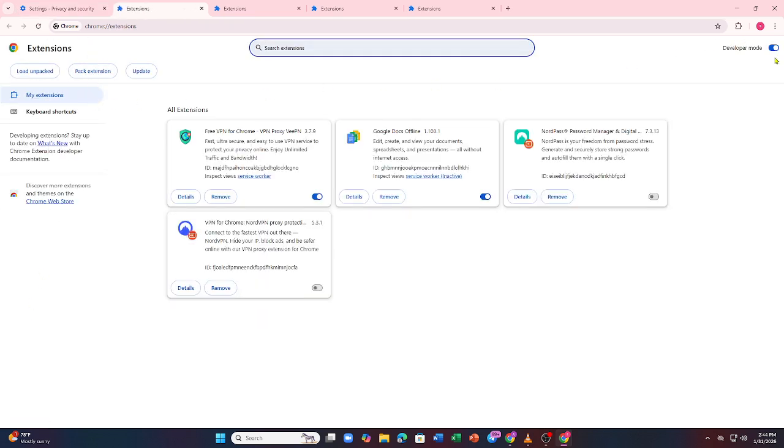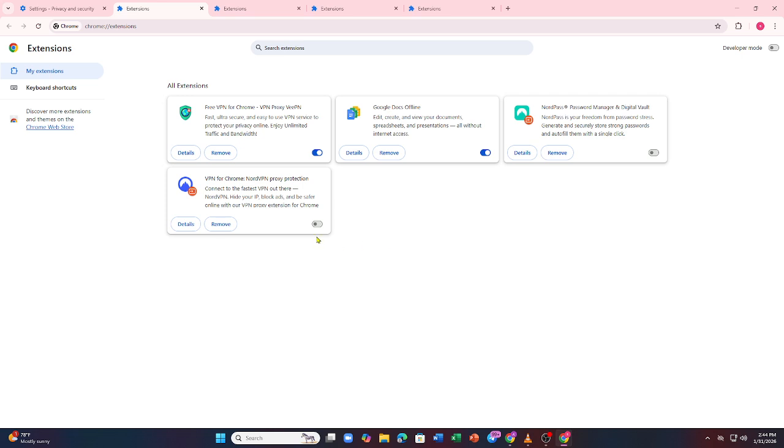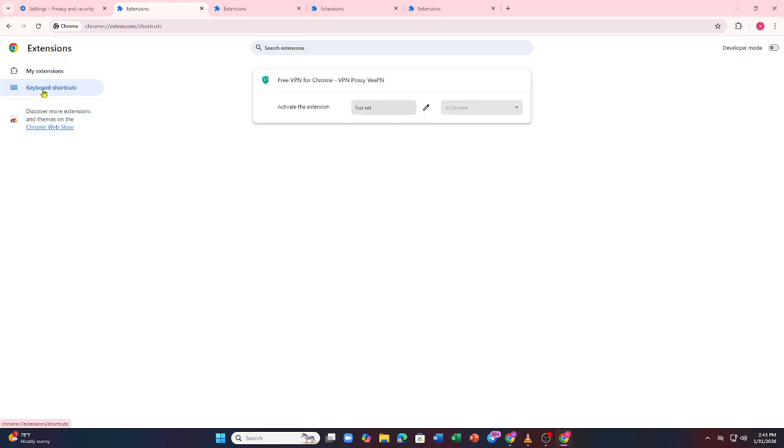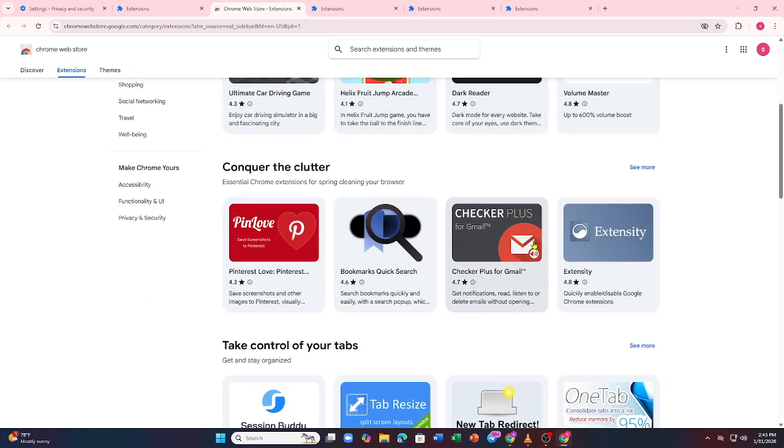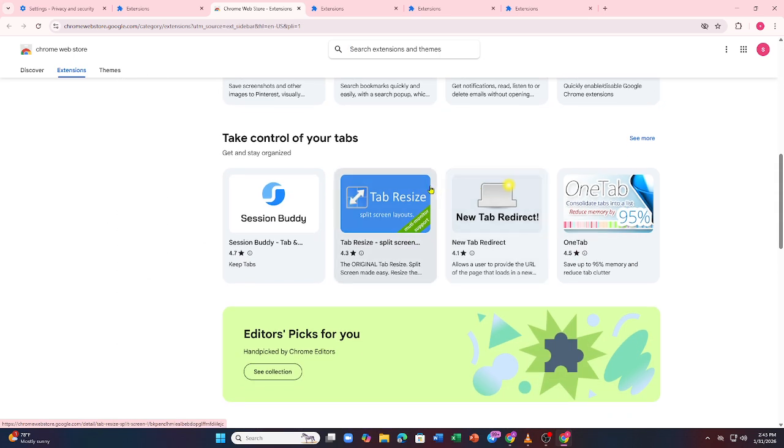Finally, keep your extension list clean going forward. Install only what you truly need and review extensions regularly to avoid performance drops. And that's it. By disabling unused extensions, checking resource usage, updating regularly, and keeping Chrome clean, you can fix extension-related